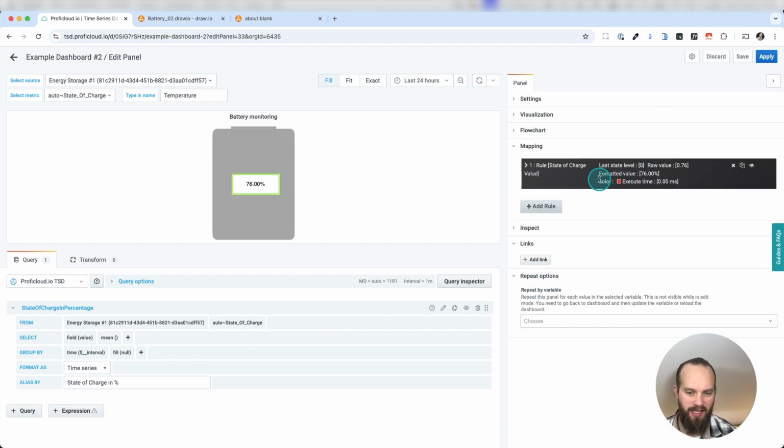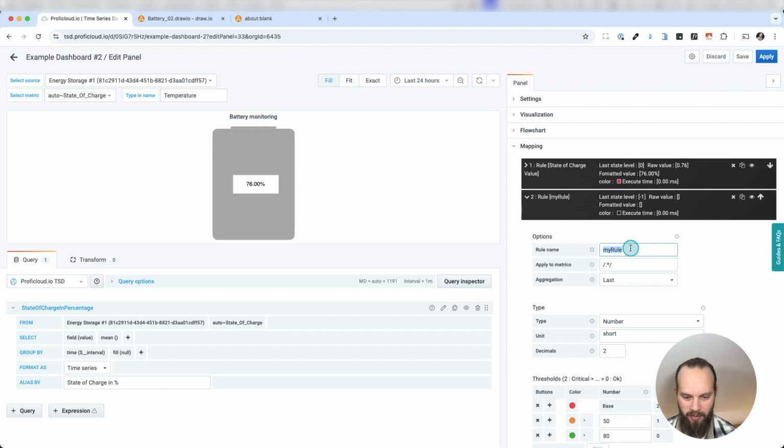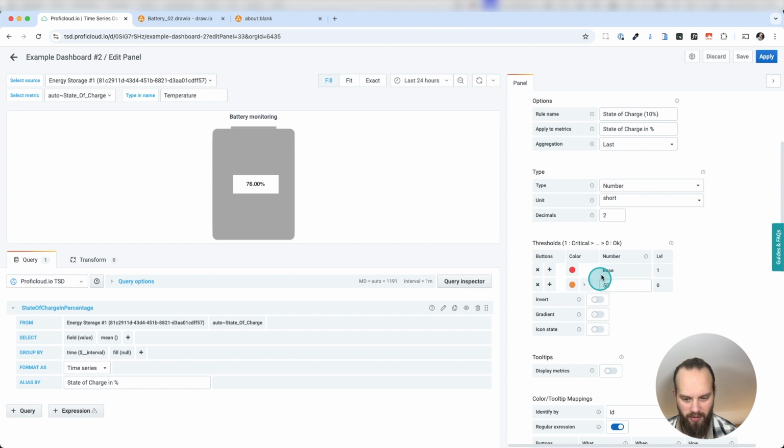So since I now have the value available over here, I want to have it colored in the background. So I'm going to click on add new rule over here, expand my rule, name it state of charge 10%. The first thing is, as soon as it's above 10%, we want to color the lowest bar over here, or above 0%. We're going to apply it to the metric state of charge, and we're going to remove the unnecessary colors over here,